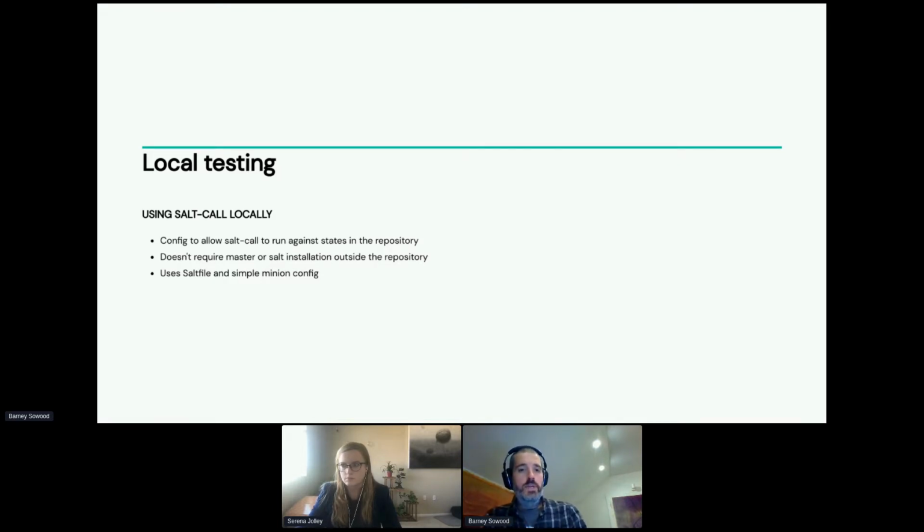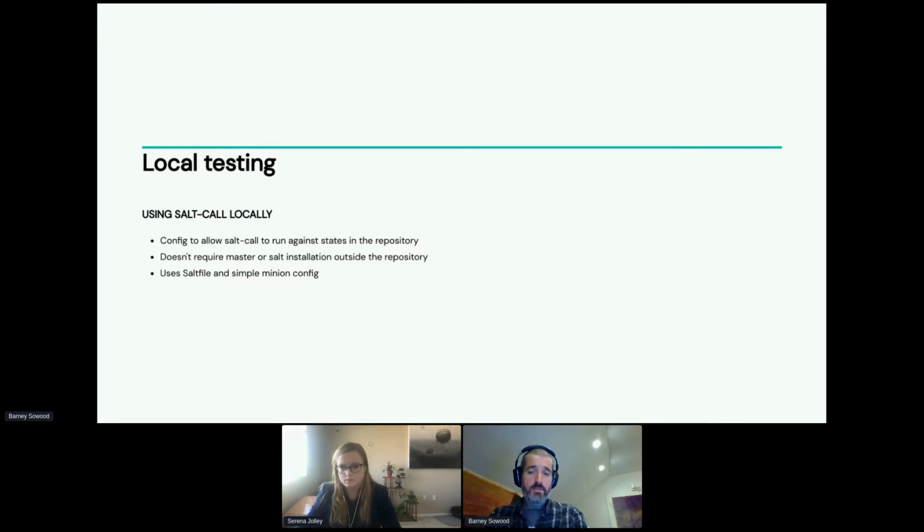Okay, so we're going to use the salt-call command for testing locally. You've probably used salt-call before for testing or running states from a minion. Essentially, salt-call spins up a one-off minion. It can run anything a minion normally can, so execution modules, which we'll use to help test our states, or it can use state apply to apply states.